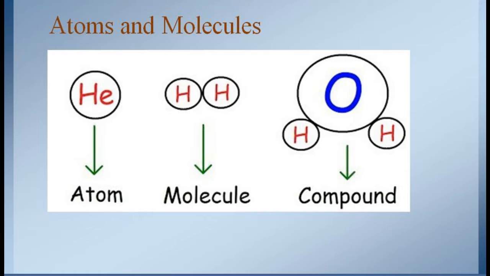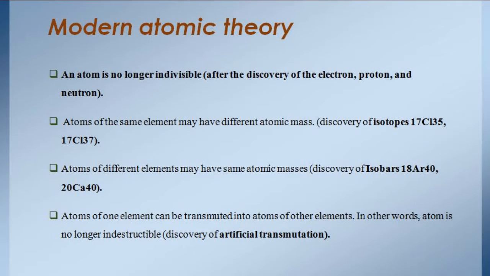In this video we are going to see the topics modern atomic theory, mass number, relative atomic mass and average atomic mass. These topics we are going to discuss. Next one, modern atomic theory. First, John Dalton. John Dalton is a scientist. He made the atomic theory. Some parts have been removed, so now we are going to discuss the modern atomic theory.